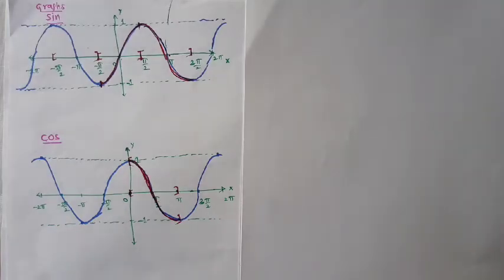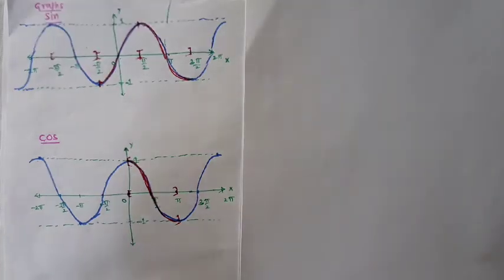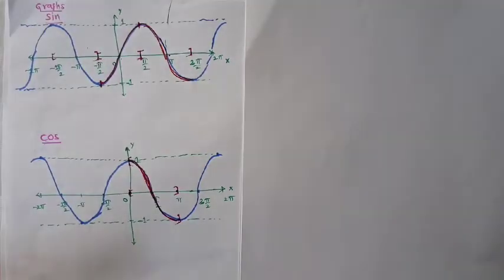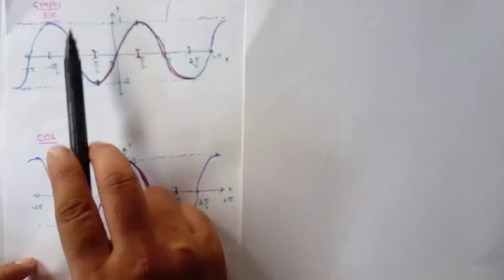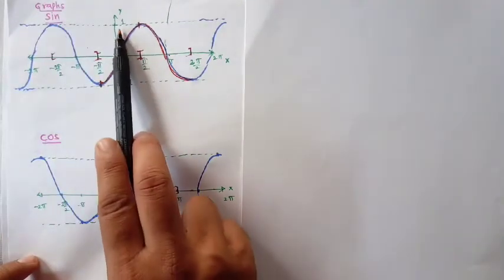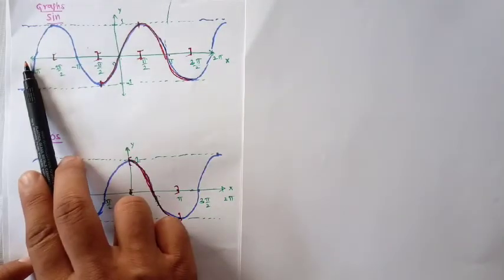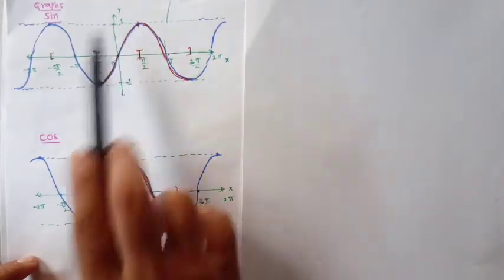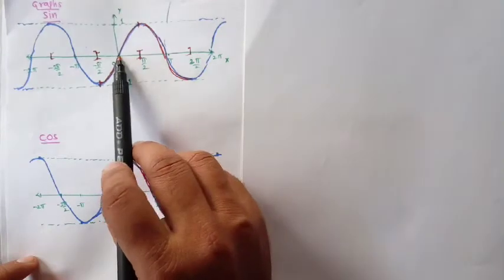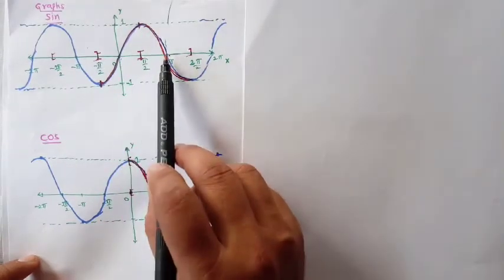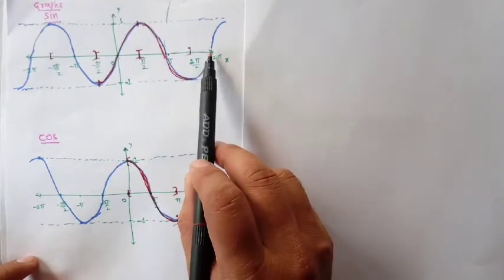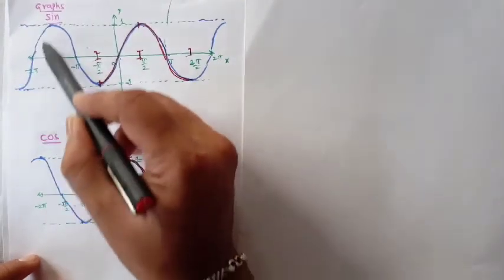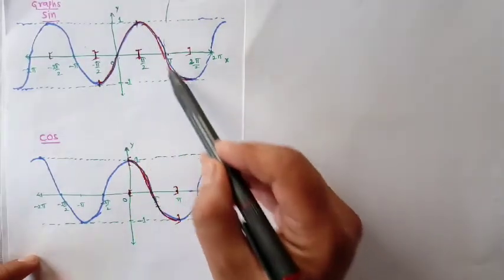Okay guys, coming to the next graphs of the trigonometry functions, as we already know all these things from the first year. So this is going to be your sine graph. Domain is going to be minus infinity to plus infinity, range from -1 to +1, and sine 0 is 0, sine pi by 2 is 1, sine pi is 0, sine 3 pi by 2 is -1, sine 2 pi is 0. So joining all these points, we will get the curve in this manner.